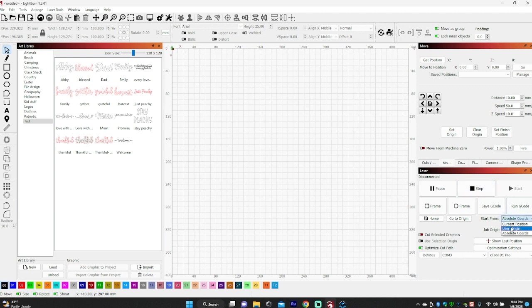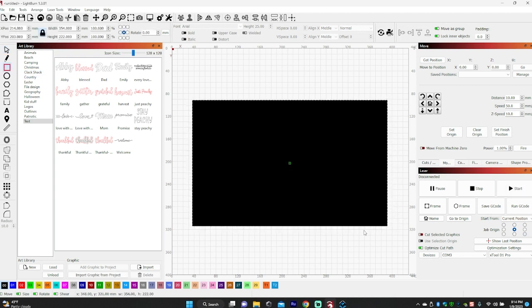Now, doing large items and stuff like that, what I usually run is current position, and right here on this little dice looking contraption, you're going to want to select the center dot typically. Let's assume that you have a piece of material in here that is square, like so. You're going to want to mark the center of that material with a measuring tape and a pencil, whatever. You can do the cross from the sides and where they intersect. However you want to do that, just locate the center of your material. Make sure that your material is square with the axis of the machine. I do so by using my squaring jig on my machine to make sure that boards or tile or whatever